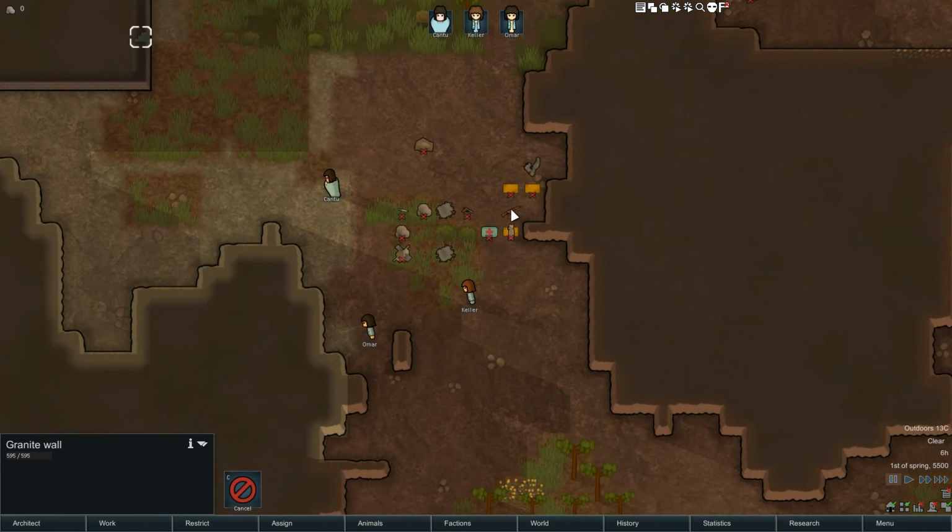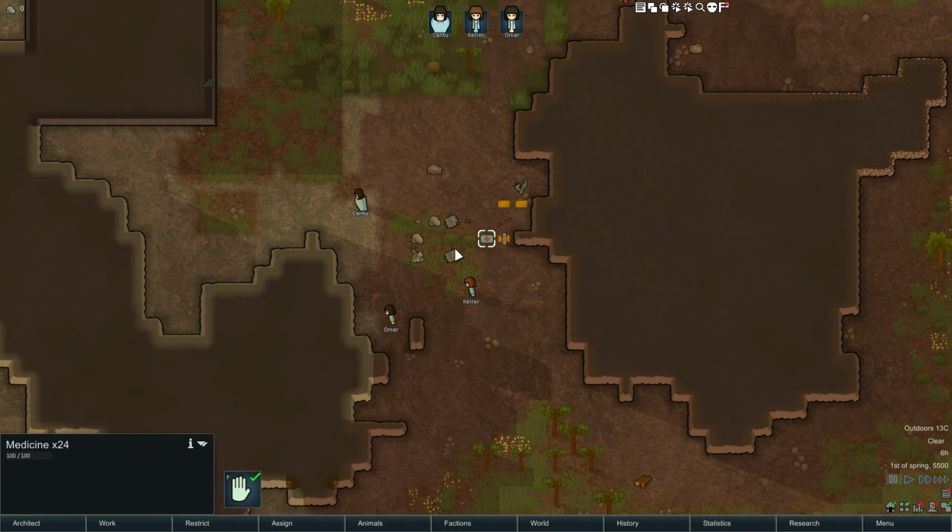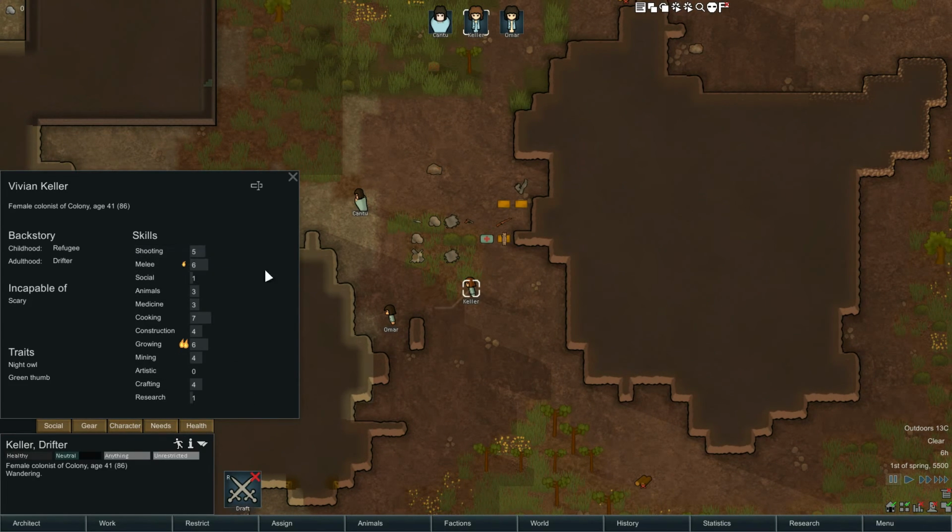So we've crash landed with our basic supplies. We have all this stuff here: silver, some steel, some components, a few meals, some medicine. I'm just going to allow all that stuff. We're going to look at our character list. We looked at this before a little bit, but now we can do this with an eye to